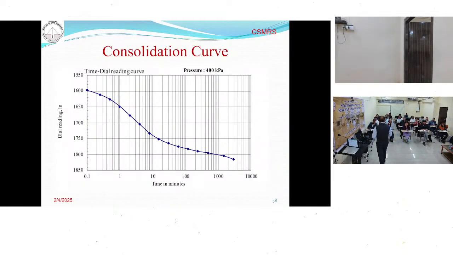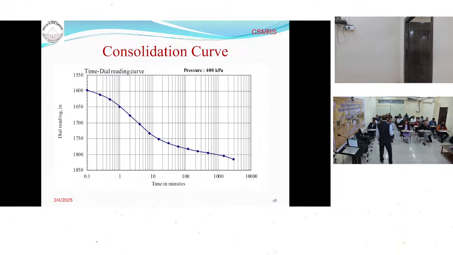Now we have the dial gauge reading for each load, and you have the time and the time difference. So you plot a curve between the time and the deflection. Time is taken on the semi-log graph because you have to plot for 24 hours, from let's say 1 minute to 24 hours. That's why we have taken the log scale on the x-axis, and the deflection is taken on the y-axis. So this curve is called the consolidation curve,